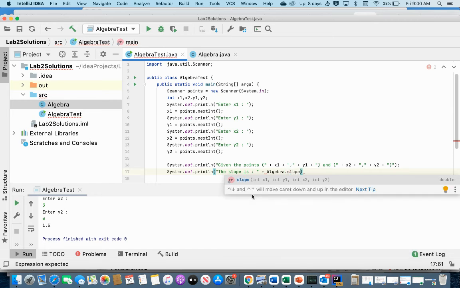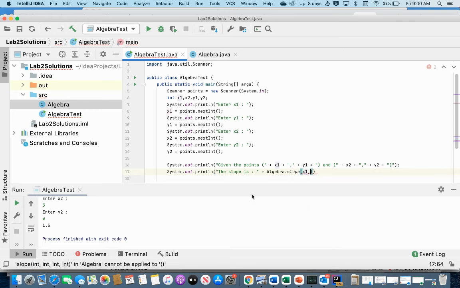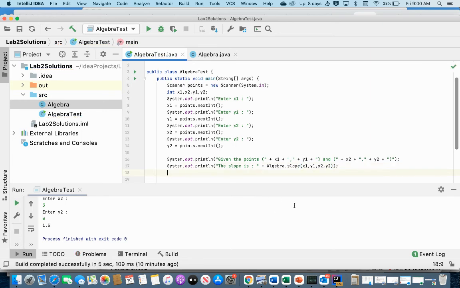So I'm going to go slope. And then it tells me how to put it in, right? x1, y1, x2, y2. So I'm going to go x1, y1, x2, y2. Okay, and then I can go ahead and end this, and that should give me my slope. All right, next one,